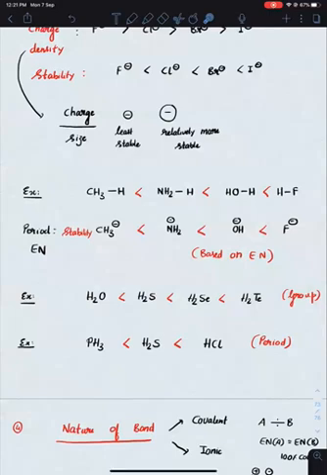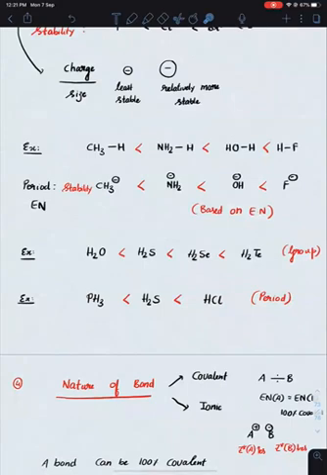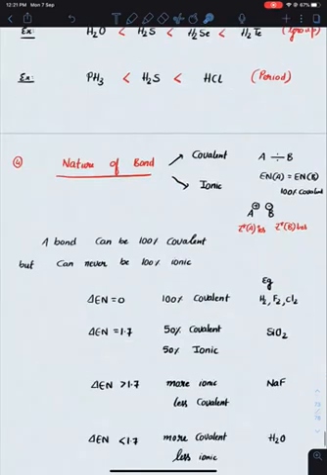Okay. So if you are comparing among CH4, NH3, H2O and HF, HF is the strongest acid followed by H2O, NH3 and CH4. Okay. Similarly, H2O, H2S, H2Se, H2Te, all of them belong to the same group. So greater is the size, more will be the stability of the negatively charged species, stronger will be the acid. PH3, H2S, HCl, all of them belong again to the same period. More is the electronegativity, in general, more will be the acidic strength. Okay.